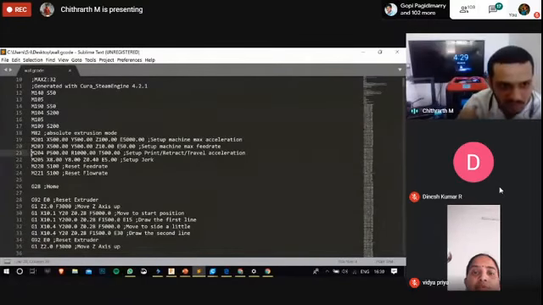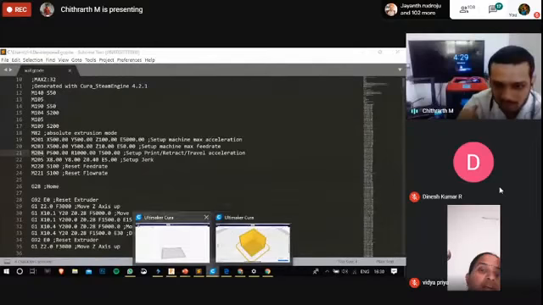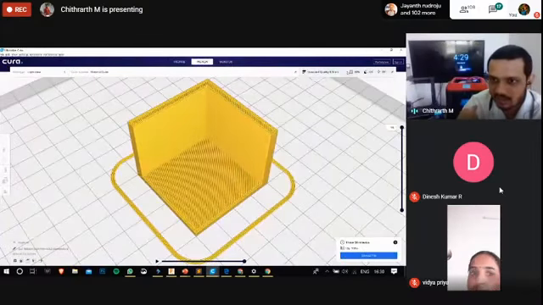M204 and the others are all different parameters which we are setting. If you wonder how these values are taken, they are taken when we set up Cura.